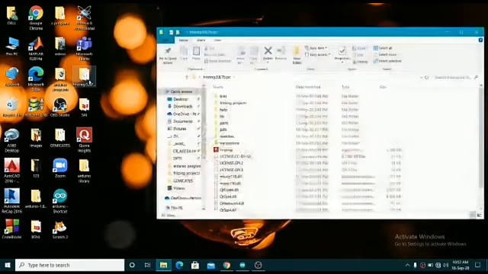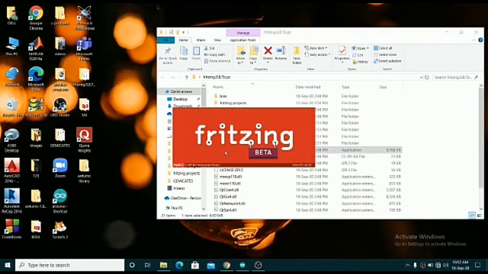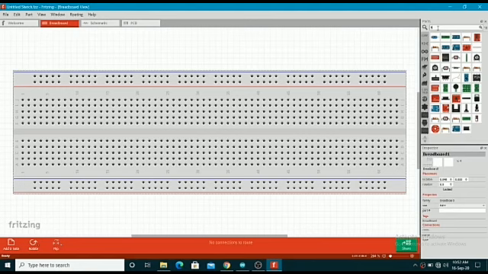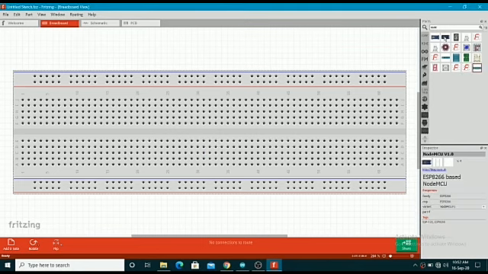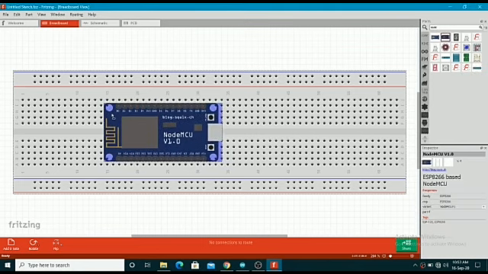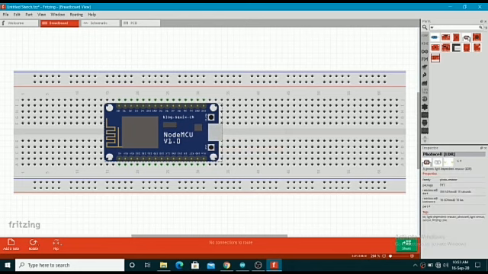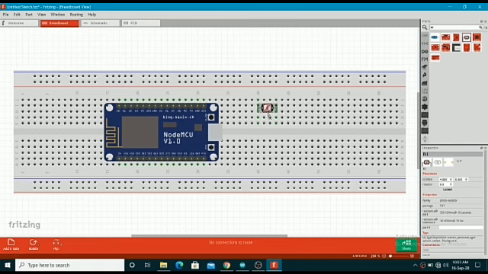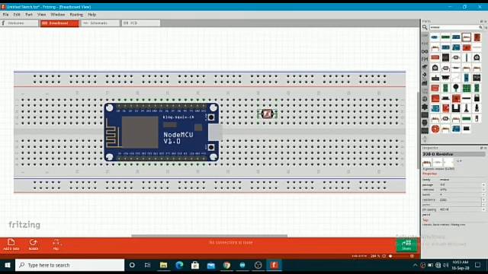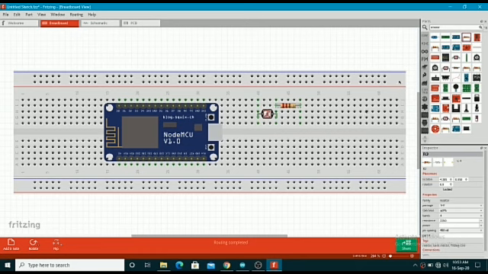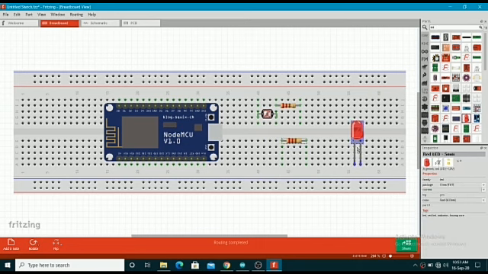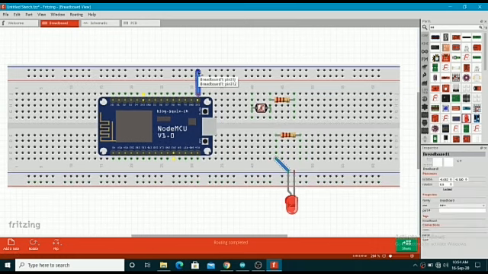Now let us see how to interface LDR with NodeMCU. First, go to Fritzing software. In that, select breadboard. In that, select search and type NodeMCU and place it in breadboard. Now type LDR and place it in breadboard. Now type resistor in search and select resistor and place it near LDR on breadboard, and again place a resistor on breadboard, and type LED in search and place it on breadboard near resistor terminal,